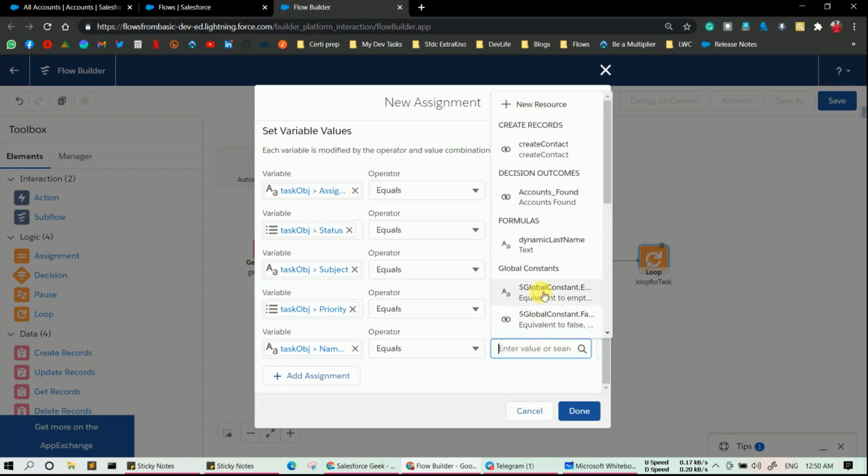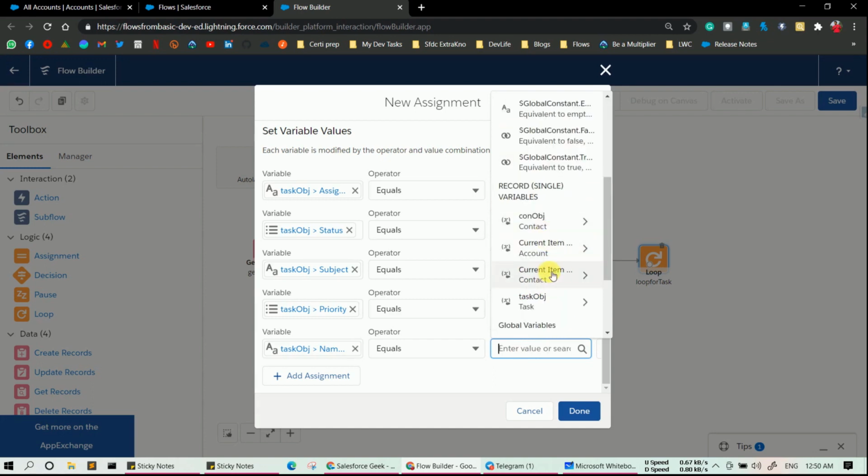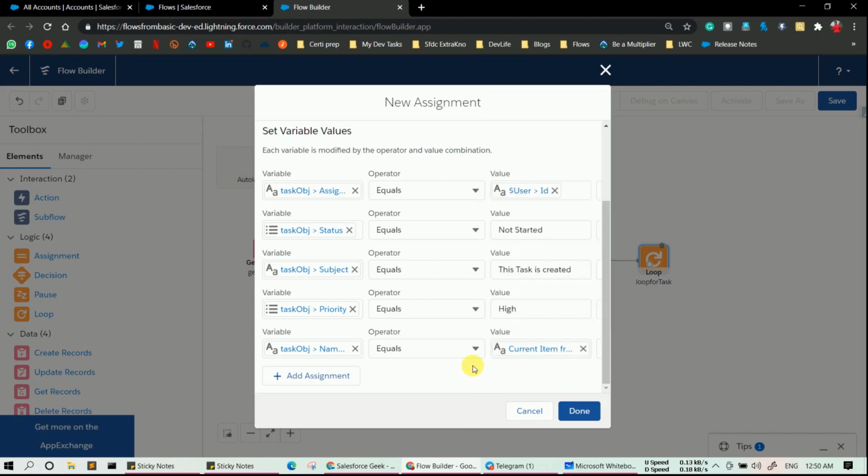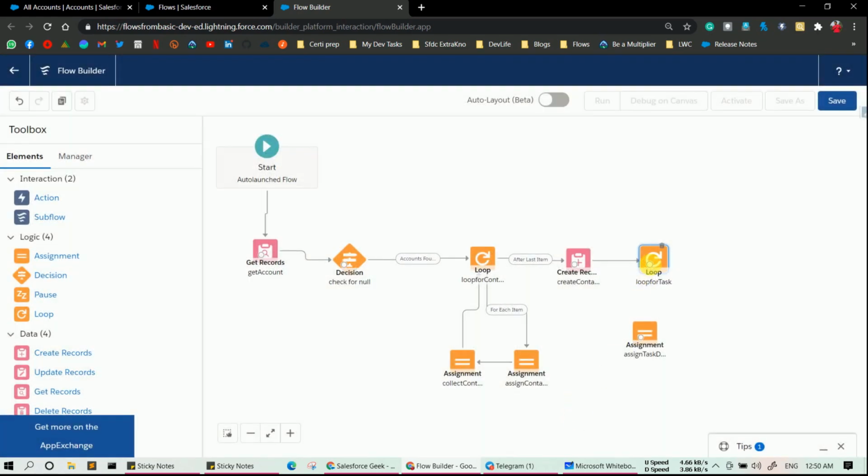So in loop element, what we need to select here is current item, which is for contact, and the name of the loop element is loop for task dot id. So now our 5 fields for the task are created. Now we have to simply click done, connect the loop to assignment,